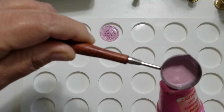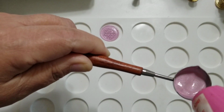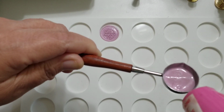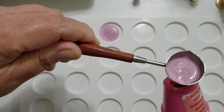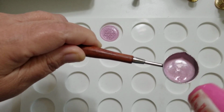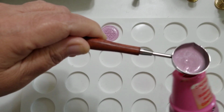We kept tracking the package and kept tracking it because it was lost. But it finally did make its way to her. I thought surely it was gone. There was a little bit of damage in it, so I'm going to have to improvise on my next trolley